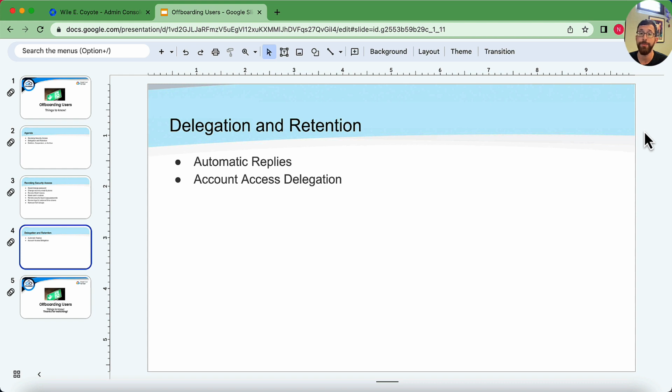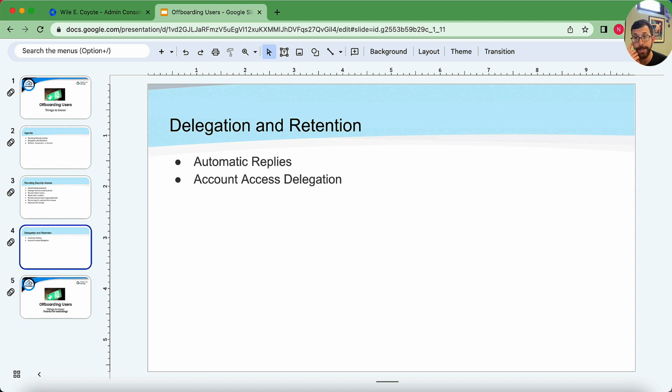That way, if the account was suspended or archived and somebody was still emailing to it, they would get the email bounce back that comes from the group. So there's a couple of different ways to do that. We're happy to help you set that up and walk you through that if you just reach out to us here at CloudAusta. Some other things when it comes to retention is thinking about how you want to